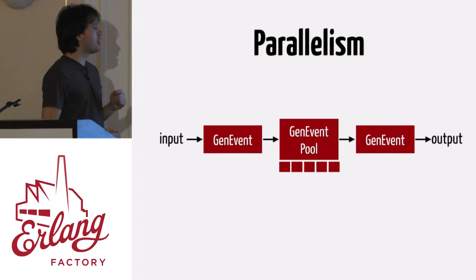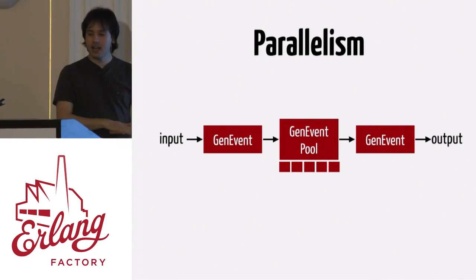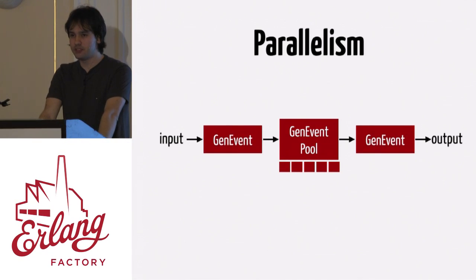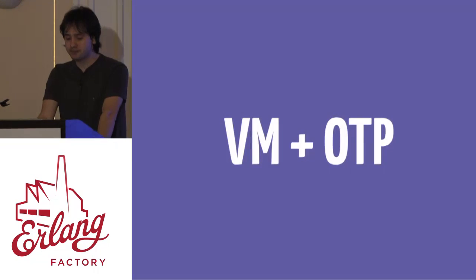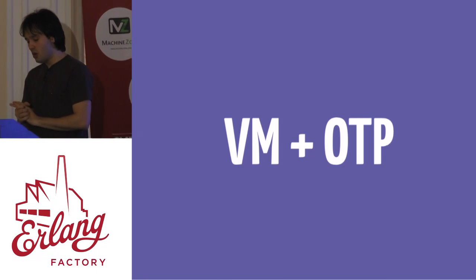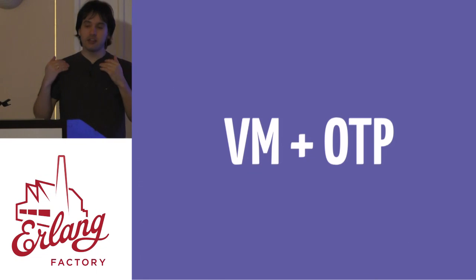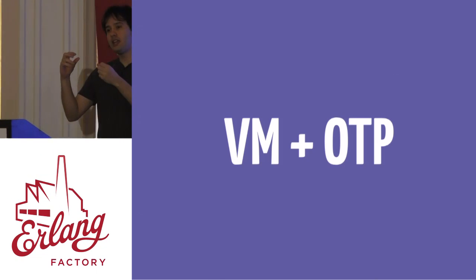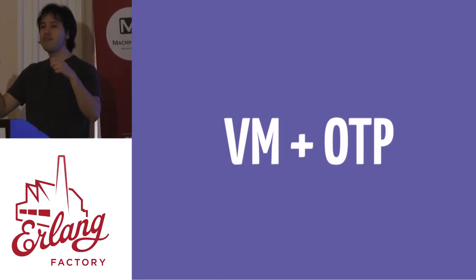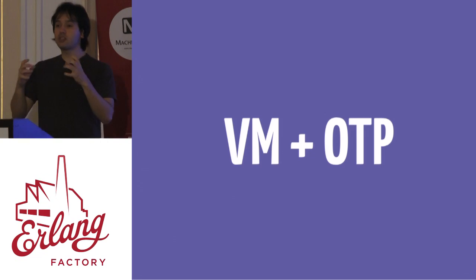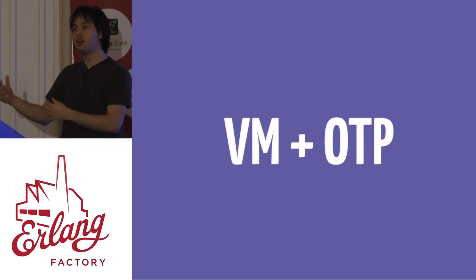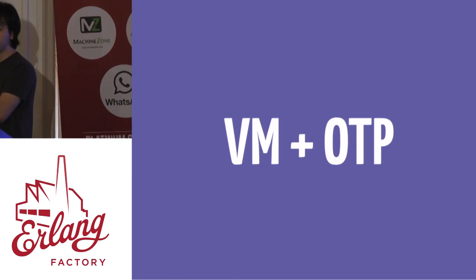Cool. So this is what we are actively working on. And what really makes me excited about this is that we are adding those abstractions and we are thinking about those constructs in terms of the Erlang virtual machine and OTP, okay? So what is interesting is that if we look at other languages, if you have a data problem, you would start writing your application in a way that uses in-memory collections and whatnot. And then when you start to have a lot of data, okay, you need to completely rewrite your code, maybe start thinking about something like Spark. Okay, you need to think about going into a completely different direction.